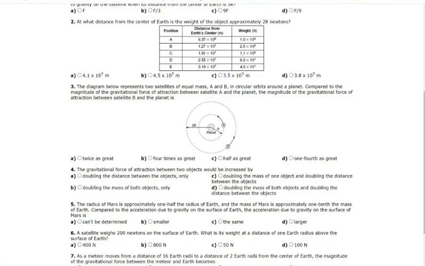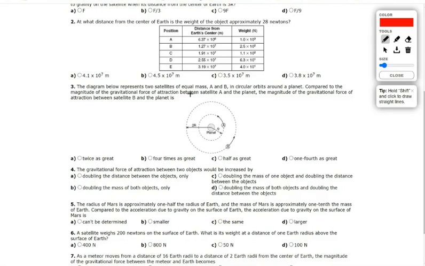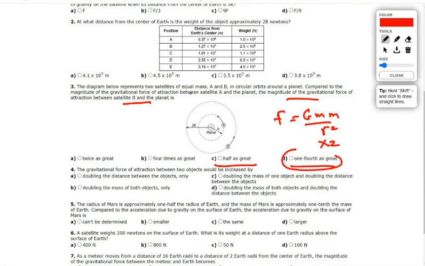So you've got, this is something you saw in class, A and B. Compared to the magnitude of A, the magnitude of the gravitation of B. So you compare A and B. Well, A is close and B is far away. So B is far away, so it's weaker, right? It could be this one or this one. Well, it's twice the distance. Oh, that's right, it's twice the distance. And I look at this equation. Twice is 2, 2 squared is 4. 4 on the bottom is 1/4. Great.